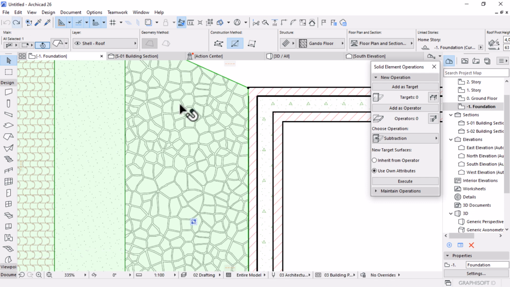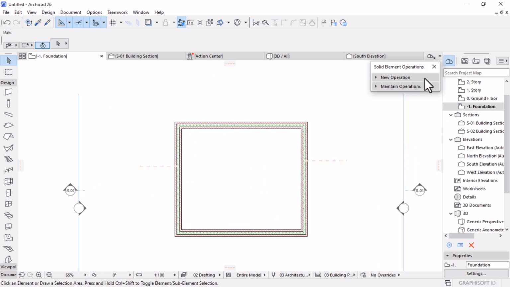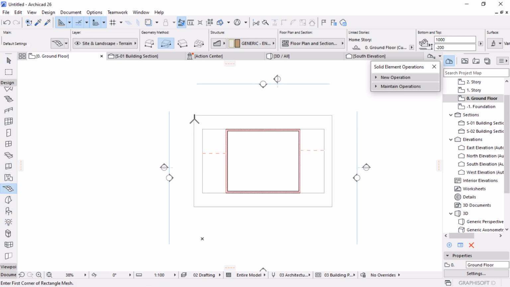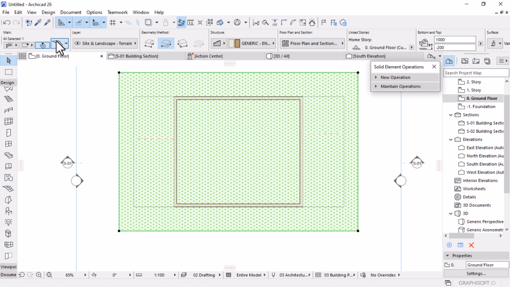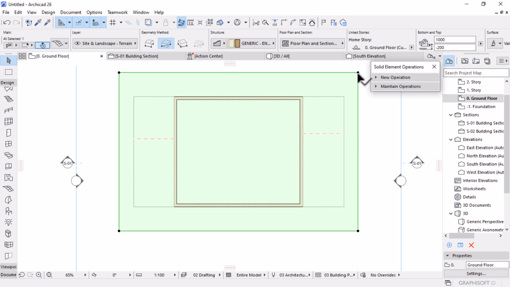Let me see. Okay, the undo stops just there. I'll delete this and go back to our mesh. Let's go back to our mesh underground. Draw, place the terrain, mesh tool, select this, change the fill not to cover, and then I will subtract by picking one of the points and then activate the subtract polygon to cut off this material for our building. And then I will go back to 3D,